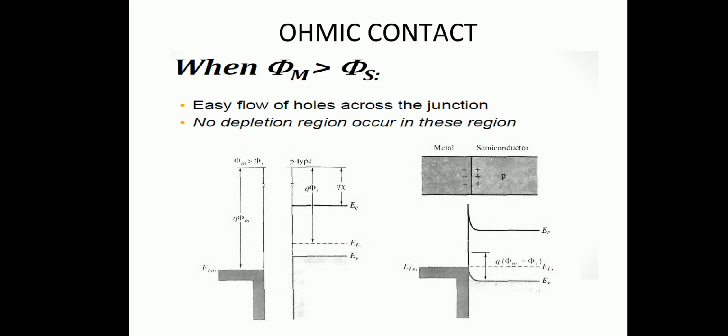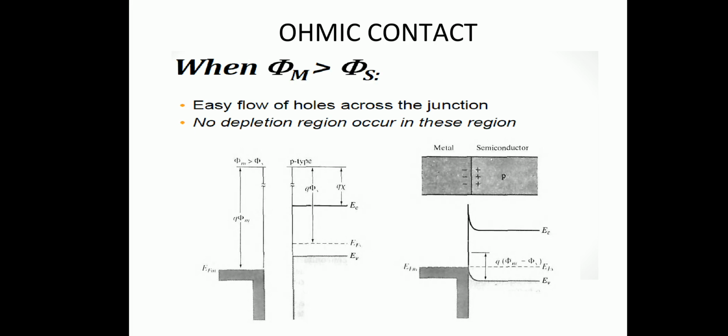Next, we can see how the ohmic contact is formed in p-type semiconductors. We already discussed in detail how the ohmic contact is formed in an n-type material, so here we see how to draw it for a p-type material. The first figure shows before contact. The condition for ohmic contact for p-type material is phi m greater than phi s. In the figure, the Fermi level of the metal is lower than that of the semiconductor, so phi m is greater than phi s, and we can see the difference between q phi m and q phi s.